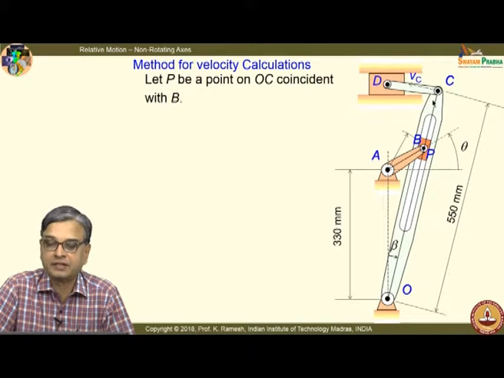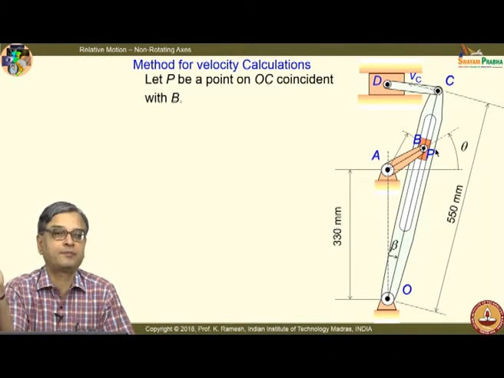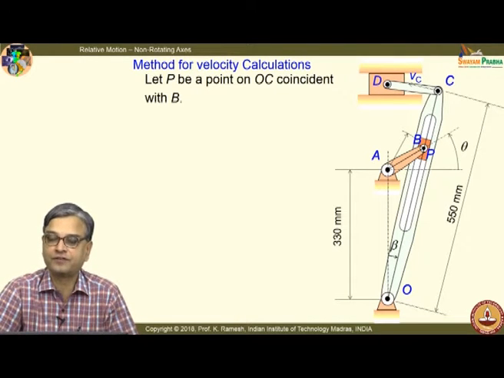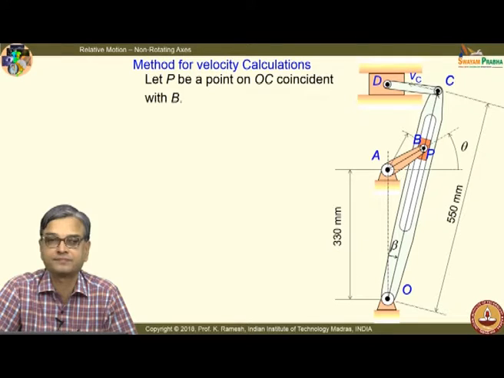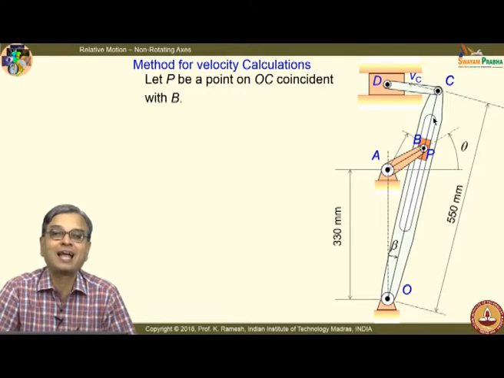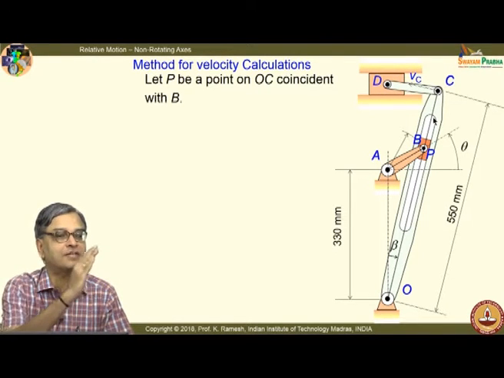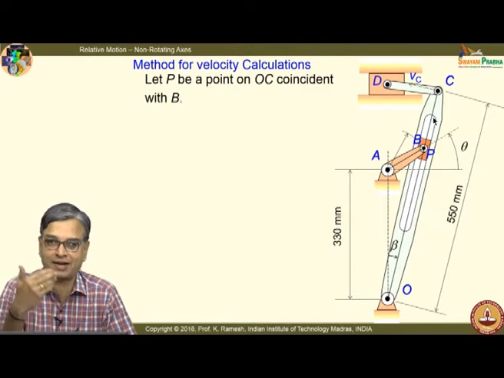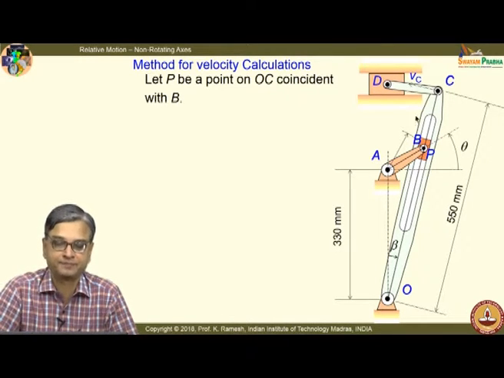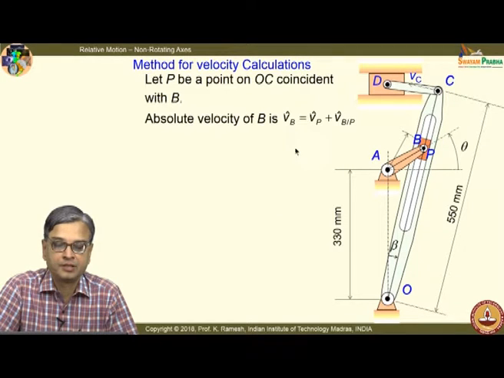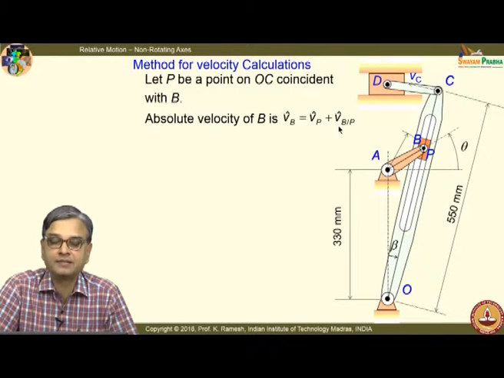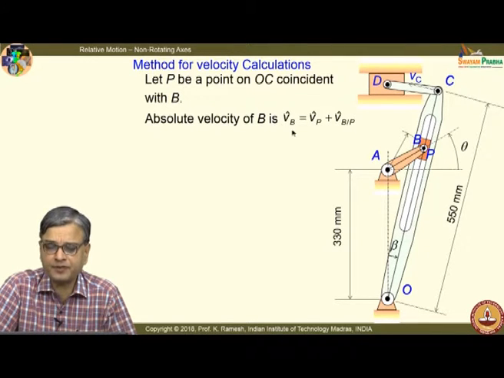Then I have, see, this has an oscillatory motion. So, the velocity of C is simply perpendicular to this. For me to get this, I should have the knowledge of the angular velocity of this. If I know the angular velocity of this, then the problem is solved. So, you will also have to appreciate that I have to determine this quantity by solving the problem. So, we have absolute velocity of B is V_B equal to V_P plus V_B with respect to P. This comes from the concept of coincident points.